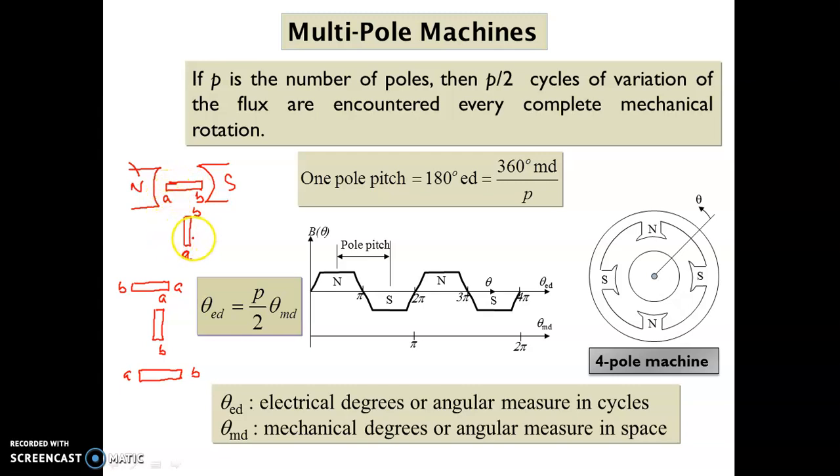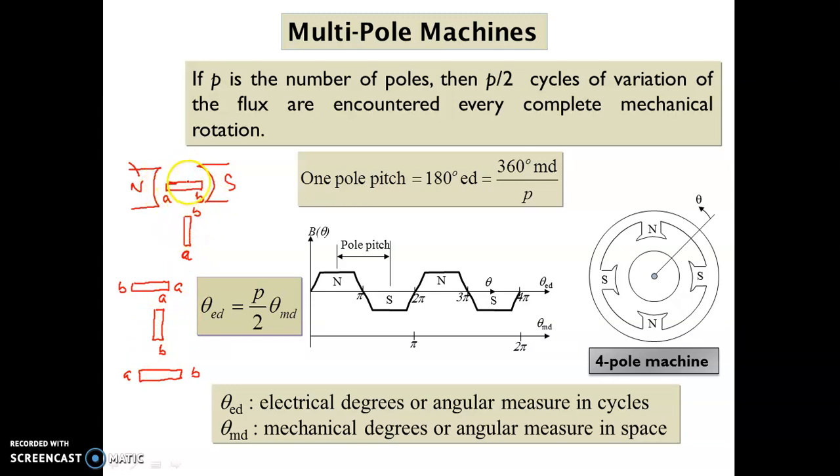So if you rotate it by 90 degree, how are you rotating? This is the conductor, it is mechanically rotated. So 90 degrees rotated, at this time maximum flux will cut this line, so induced EMF will be high. Again this 90 degrees rotated here, induced EMF will be 0 again, because very few lines of flux cut it. Again if you bring it by 90 degree here, the flux cut will be maximum and induced EMF will be maximum. Again you bring by 90 degree, the same position will come.